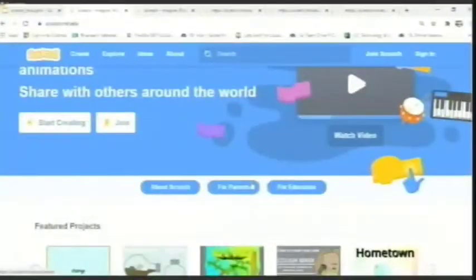And how is it going to benefit us? Initially, the Scratch platform was developed for students to learn programming, but later on the platform turned out to be so useful that parents, elders, educators, teachers, everybody started accessing it.